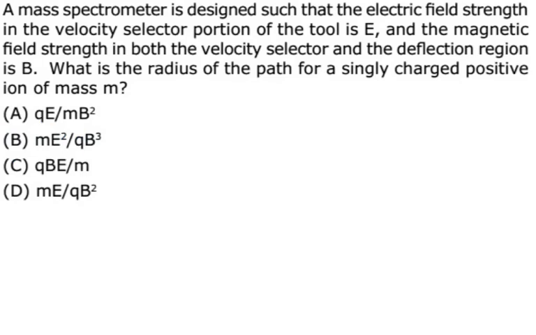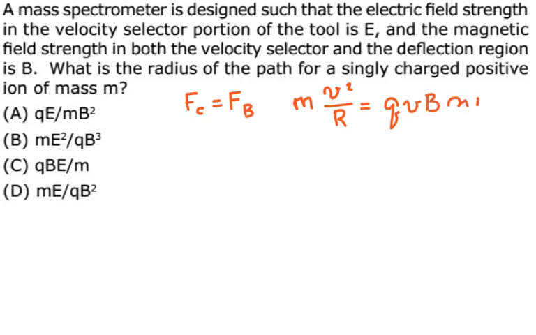Because there is that deflector that makes the ions move in a circular motion when they turn, I have to set the centripetal force equal to the magnetic field force. Then I have mv squared over r equals qvB sine theta. If sine theta is 90 degrees, that is the motion of the ions perpendicular to the magnetic field lines. Then I can solve for the radius, which is going to be mv squared divided by qvB,